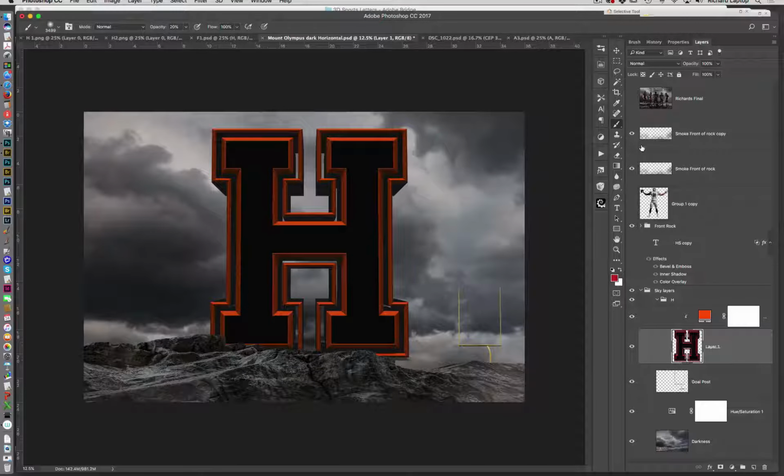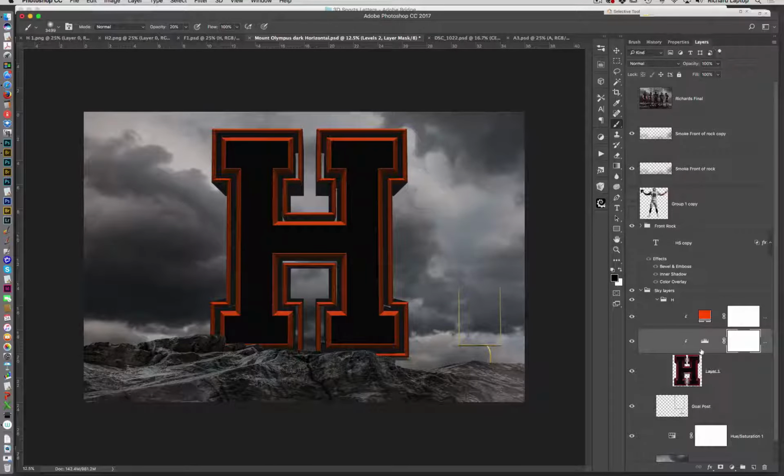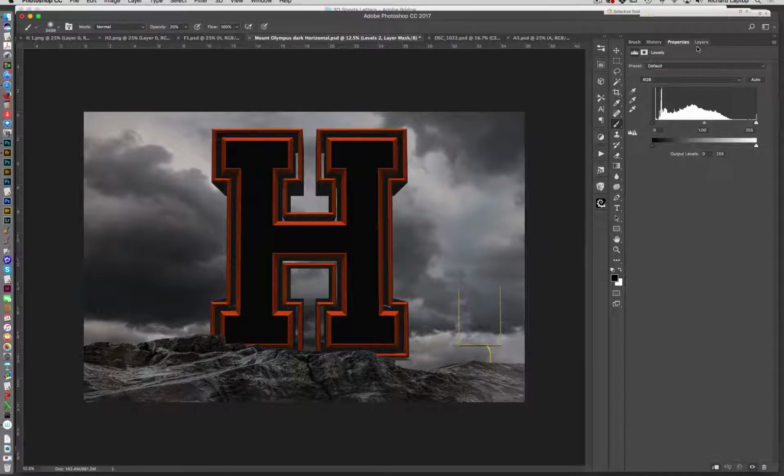Go over here to your adjustment layers, and go to levels. And just click it and come back before you make an adjustment. Well, if you do it in between the layers, it'll automatically clip. Go back to your properties and